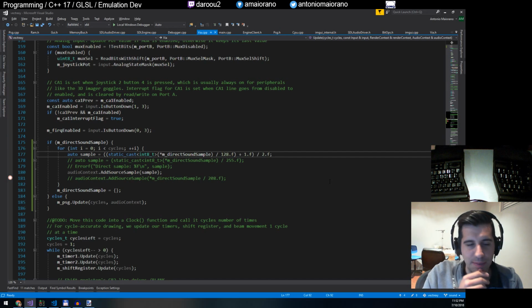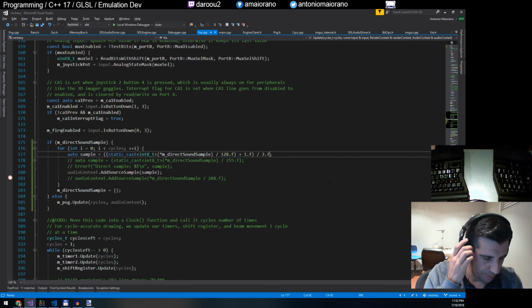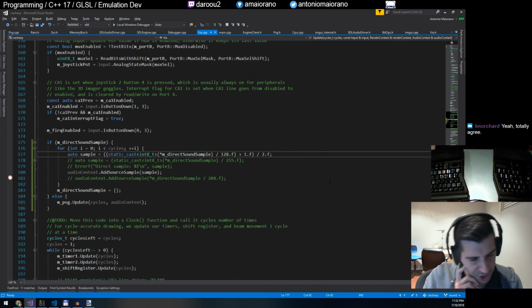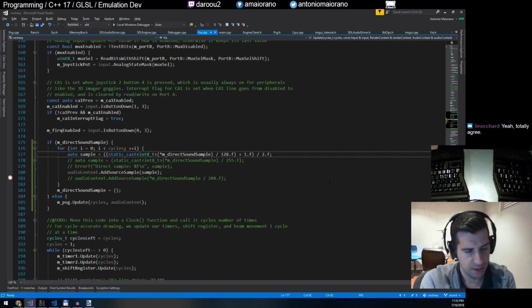So this is what I'm thinking. I'm thinking that my issue here is, for the sound chip, it's pretty clear. We know in terms of timing that the sound chip has a clock and it's clocking it, and we know all the timings. We are basically going to produce a sample every CPU cycle. We know that the chips run at certain rates, and all of that's working. But for the digitized voice,